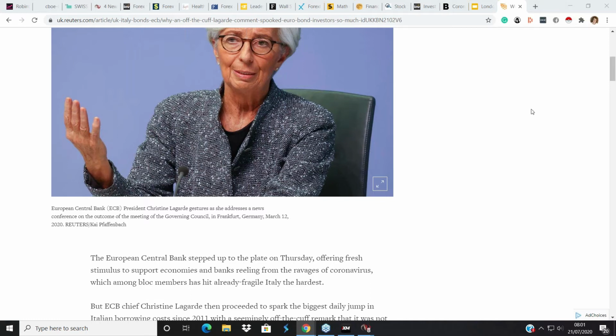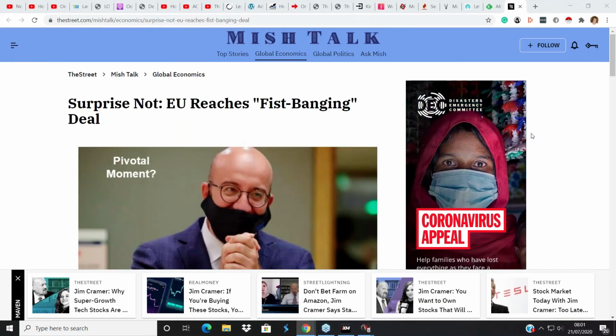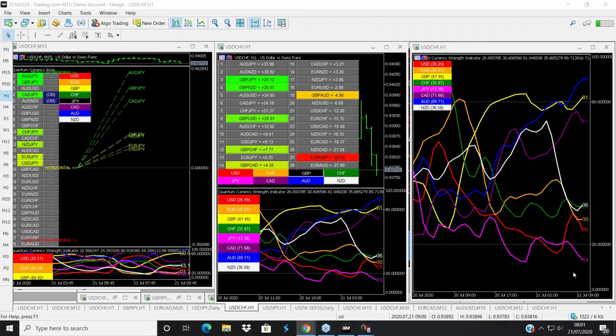So there's a bit of cognitive dissonance when you have to trade the euro. Because on the one hand, you will see these quite dramatic headlines, fist thumping, Macron thumping the table, and there's all this theatrical show around the euro. And then on the other hand, you find the euro longs are increasing at the CFTC. There is a disconnect between the two. But as long as you remember that it is a political currency, it is the bond market that will really determine if the currency can succeed in its present format.